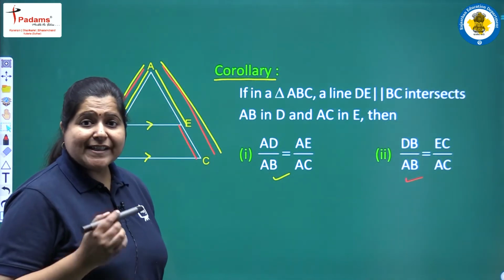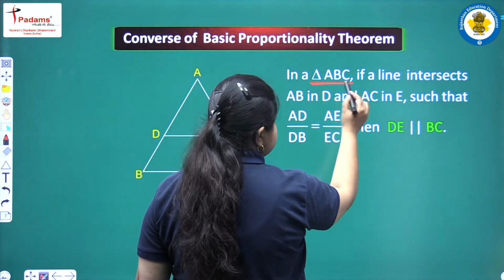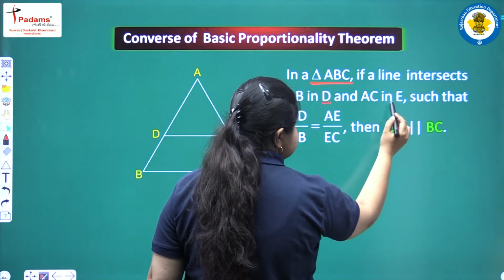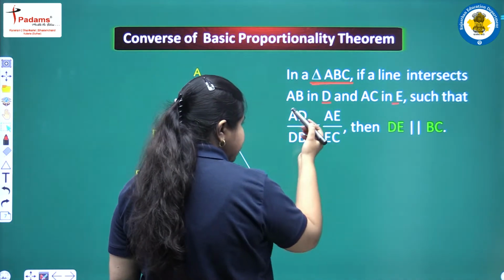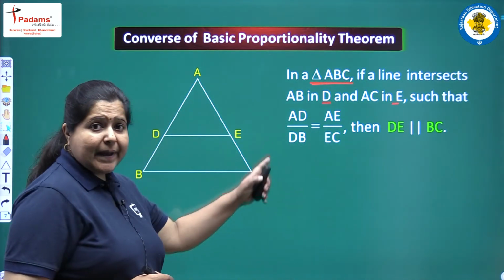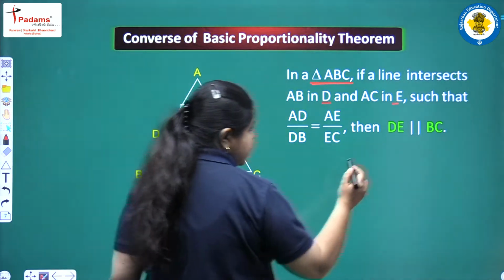Then we also have its converse, which says that if in a triangle ABC a line intersects AB and AC in points D and E such that AD upon DB is equal to AE upon EC. अगर हमें पहले से ही ये रेशो इक्वल दिए हैं, then we can come to the result that DE